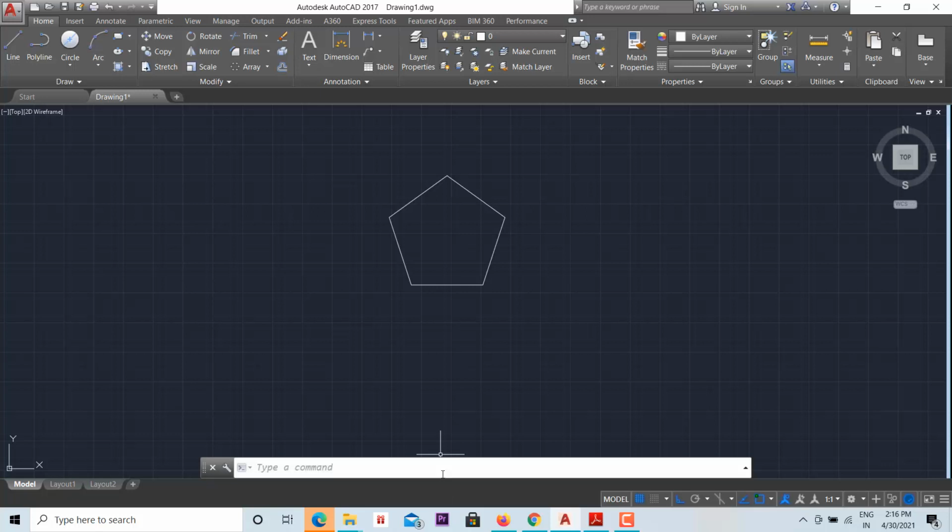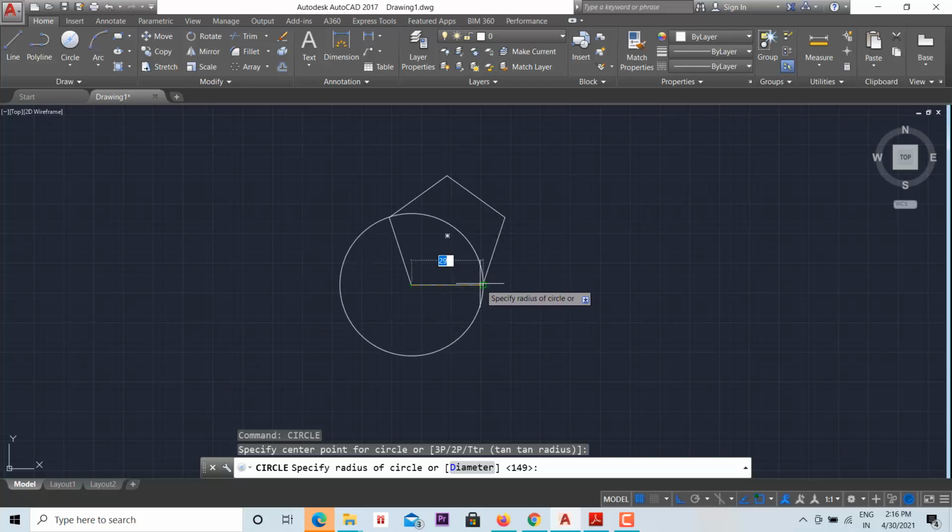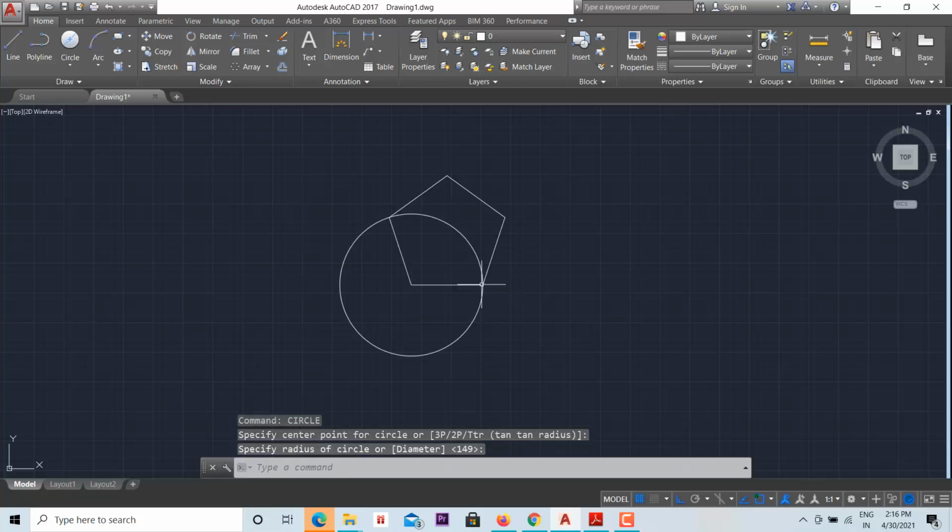Now let's see how to construct the involute of a pentagon. The first step is you have to draw a circle with this point as center and this length, up to this corner point, as the radius. Then you have to use a command called ray.